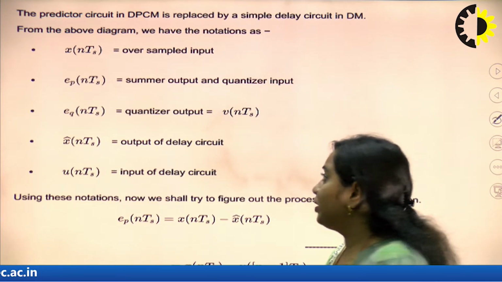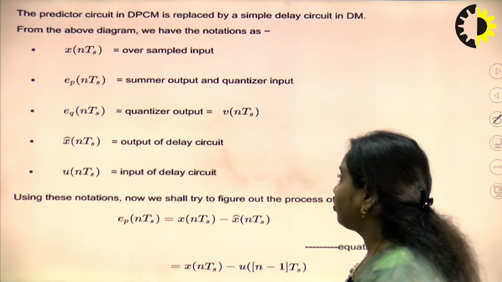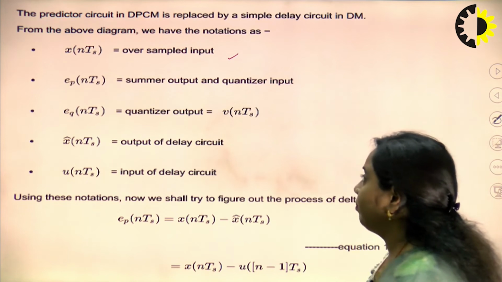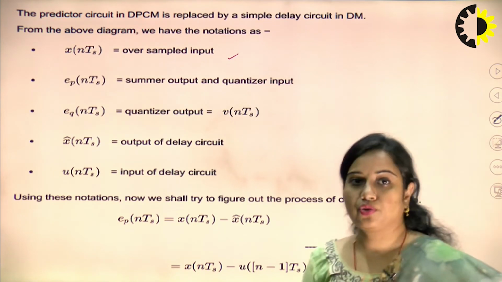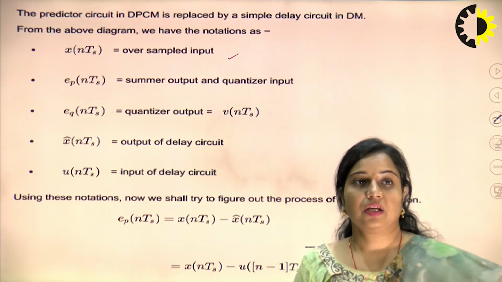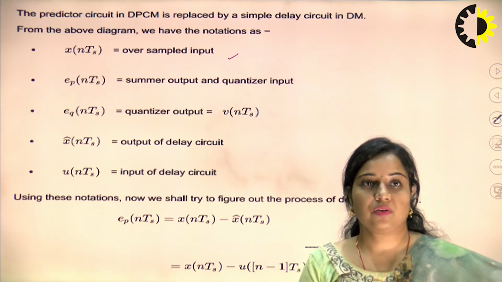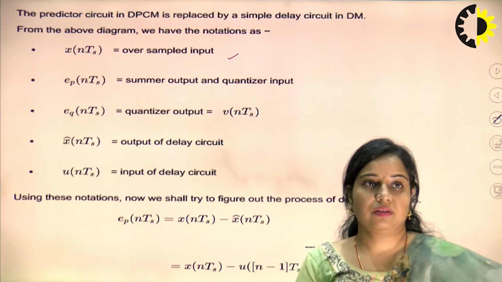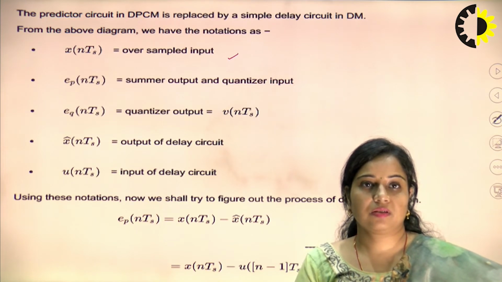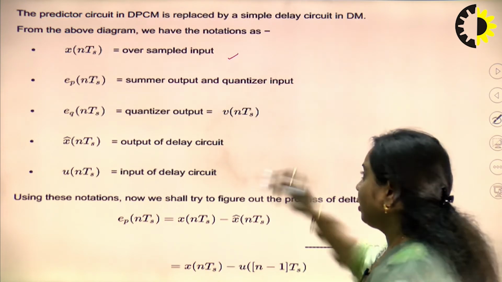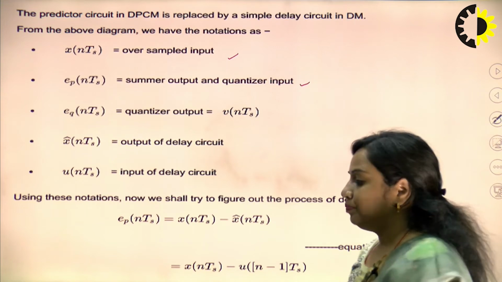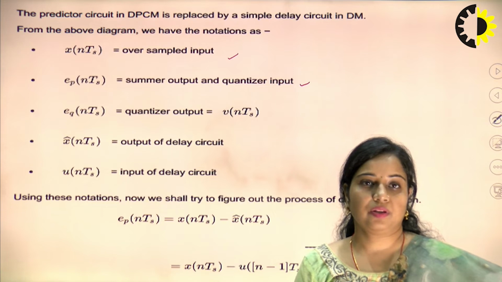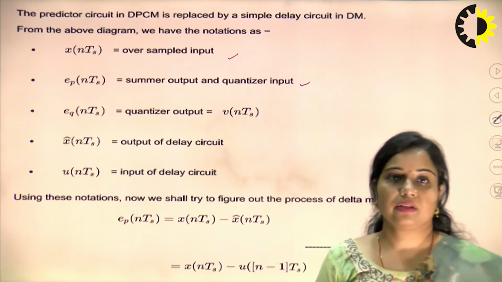Then from the given diagram we have these notations. The first one is X(nTs), the oversampled input, that is the sampled version of the input signal x(t). The next one is the summer output and quantizer input, that is the error signal, and the main aim of designing this circuit is to minimize this error as low as possible. Ideally it should be 0, but practically there is some value